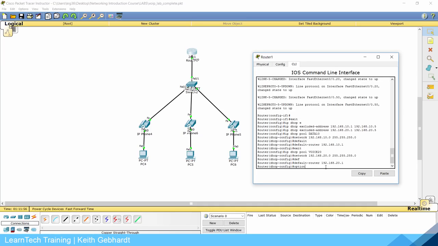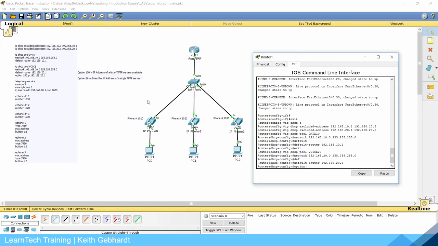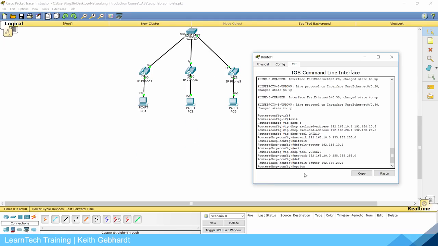Now the option is, again, what we use to pull the configuration files down to the phones. So 150 allows us to pull from all available servers, and option 66 allows us to use a single TFTP server. But we're just going to stick with 150 and keep it simple, okay? Now once we do that, we also have to give it the IP address for option 150, and the IP address is going to be